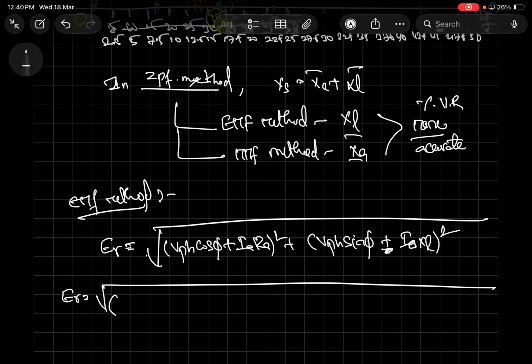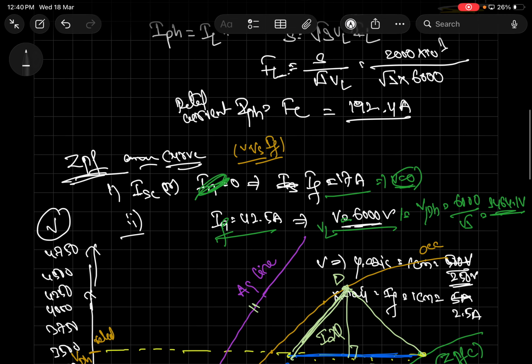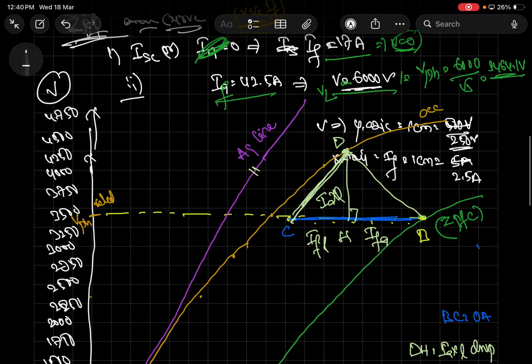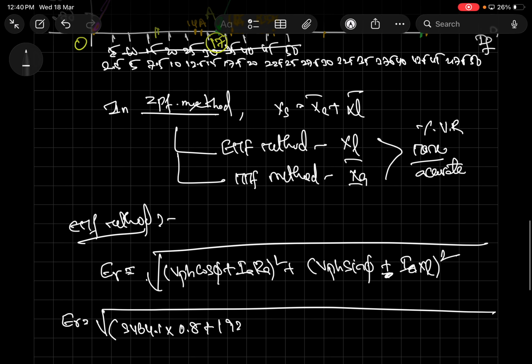What is V phase here? It is 3464.1. Am I correct or wrong? 3464.1 into cos phi, which is 0.8. IA is the rated phase current that we got here, 192.4. 192.4 into RA, given as 2 here, whole square, plus V phase sin phi: 3464.1 into sin phi, where cos phi is 0.8 so sin phi will be 0.6, plus